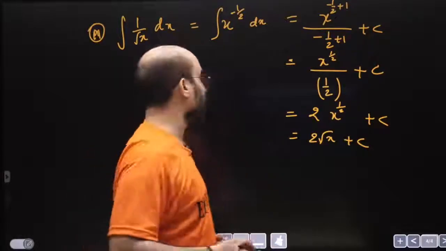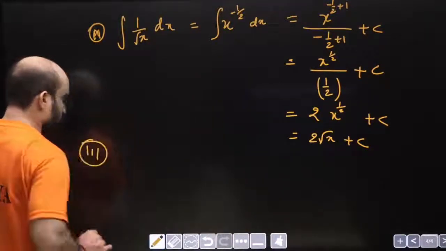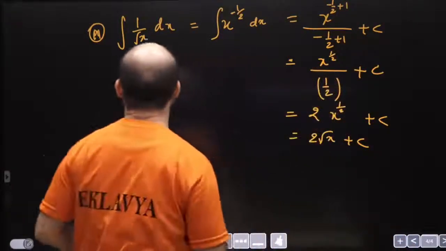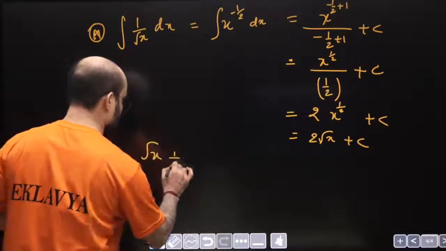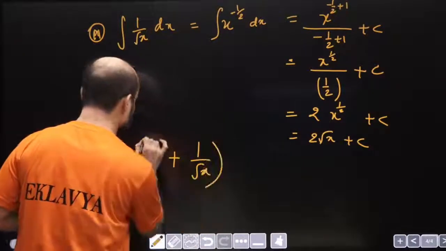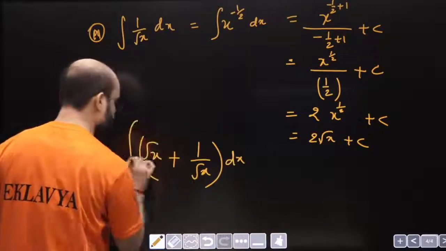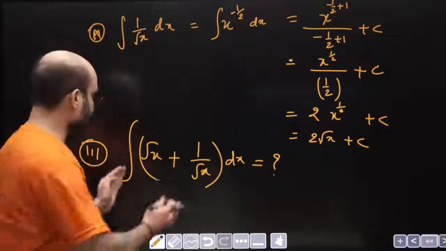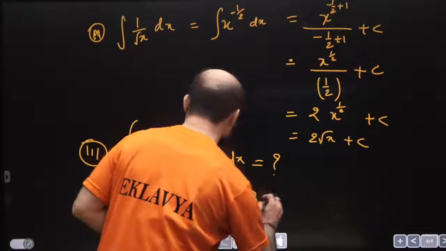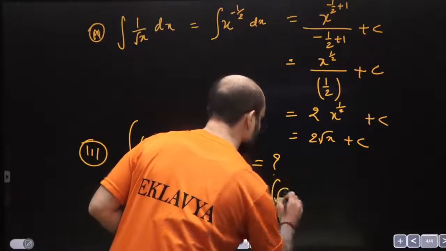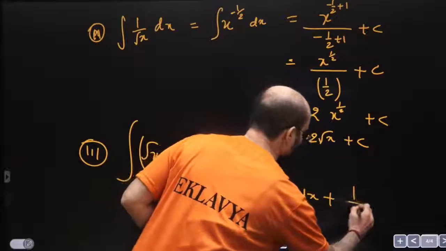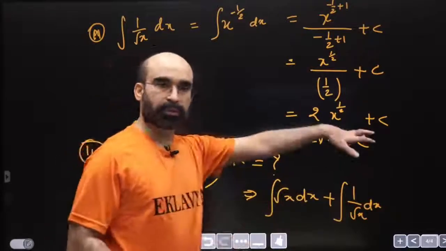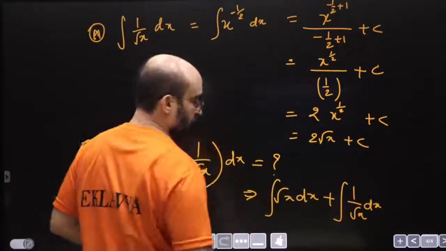So there are many other questions. Now quickly understand, if you have to do this plus 1 by square root of this x dx. This we can do. This is the practice question, just do it. Individually we will do actually, right? So square root of x dx plus 1 by square root of x dx and this value. So this you can do. Further, if we have to do